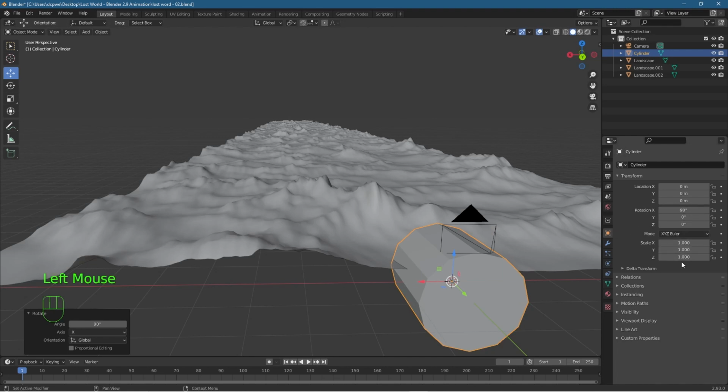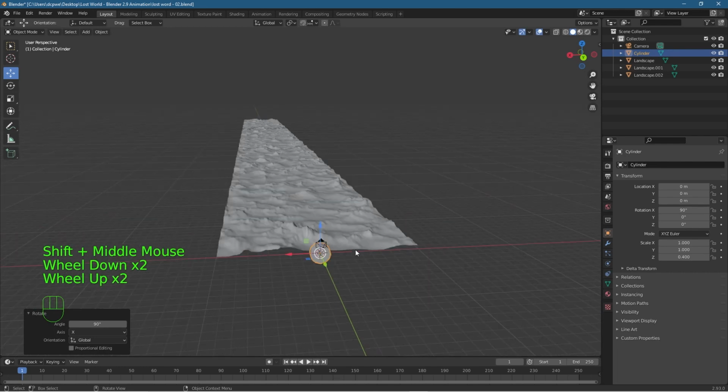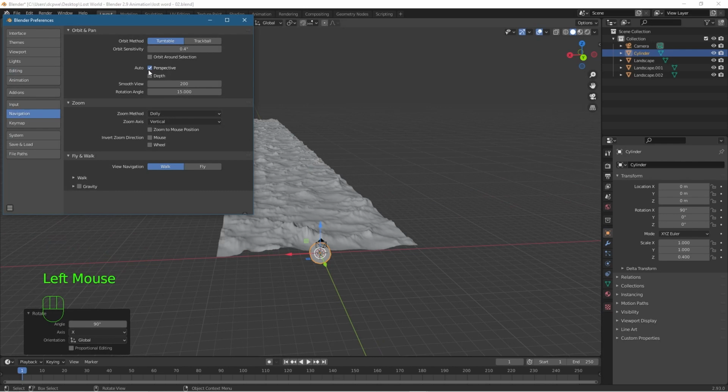Let's see, we want to bring this in. It's too thick, so I'm going to set it to like 0.4. Now this is where, because we've got such a large scene, if we go up to Edit Preferences and then go into, let's see,